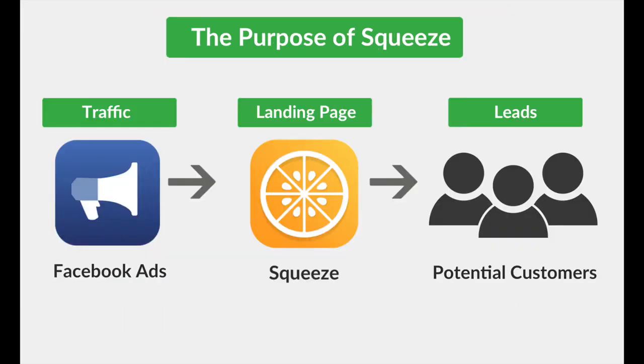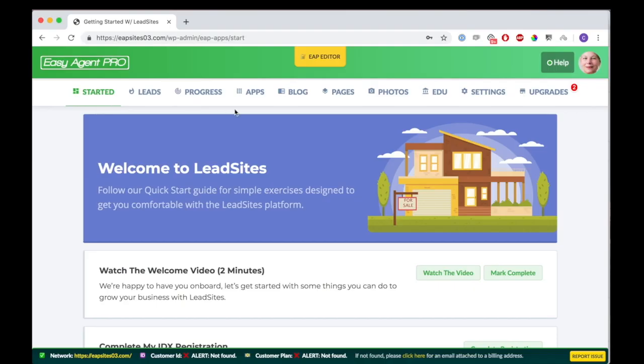Now, ideally, they're to be paired with something such as a paid traffic source like Facebook ads, in which you have an incentive offer set up on your landing page, and then you send paid traffic to it, and you convert the traffic into leads with them filling out their information to receive that offer. In today's case, we're going to just be using a basic ebook offer,